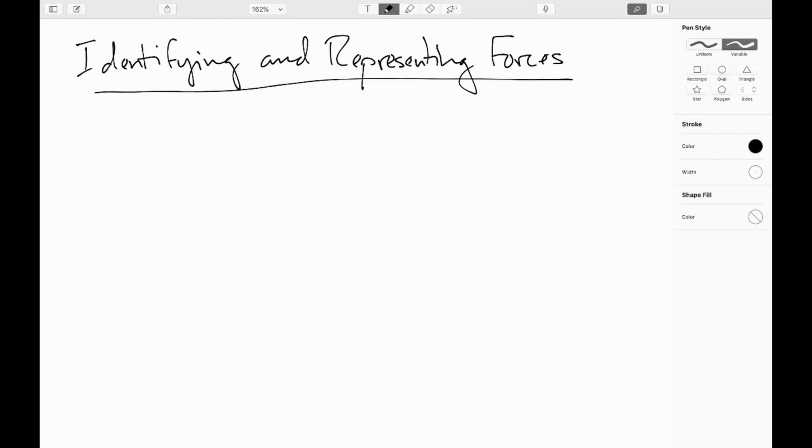In the last video, we started to gain an initial intuitive idea of how to define a force. We will loop around soon in the next couple of videos and give a better definition. But for now, we can take our intuitive definition and we can start to think about how to identify and